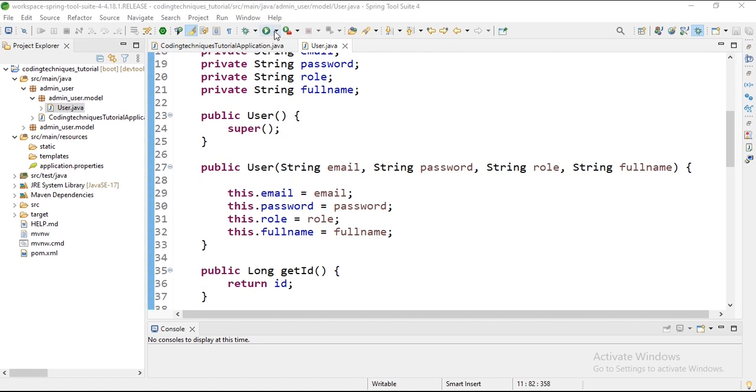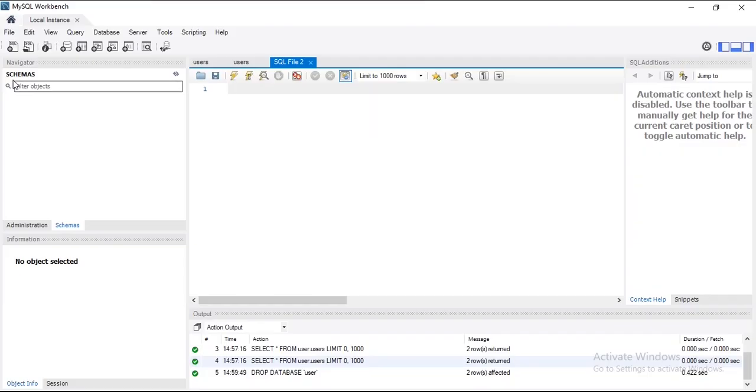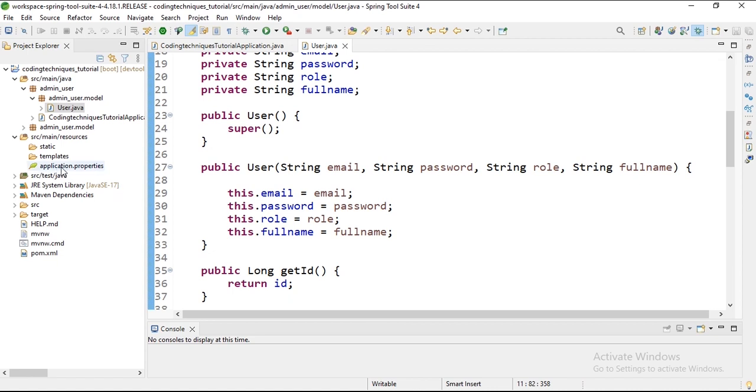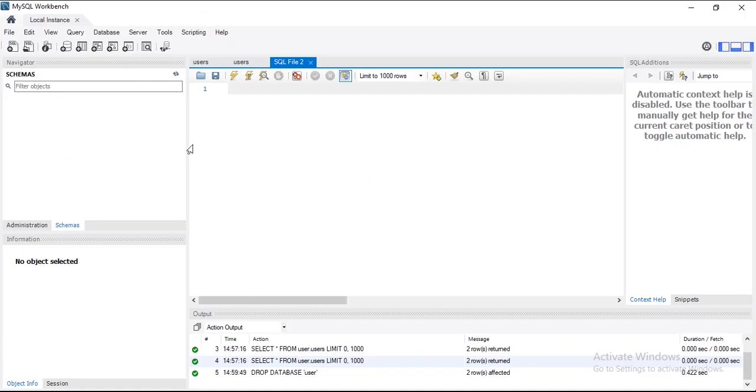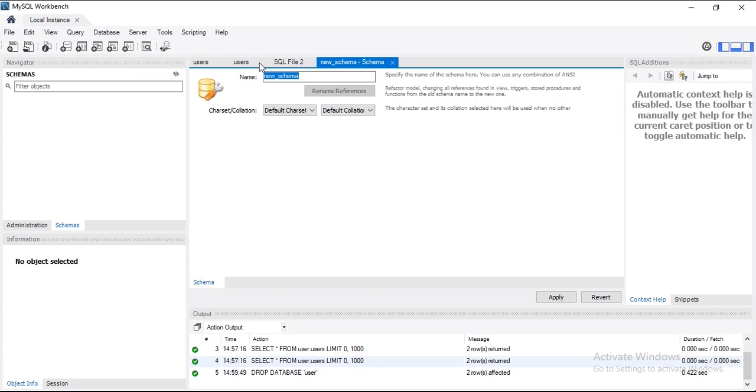But let's run the program and check our database. Before, let's check here, there is no schema, so let's create the schema with the name user. Before then, I would like to access the application.properties. Here we have a user database, so we have to create the user database in the MySQL Workbench, and then here is the icon. Here we create a new schema, click on create a new schema. So you will have the name here, and you will have to name it user so as to go with